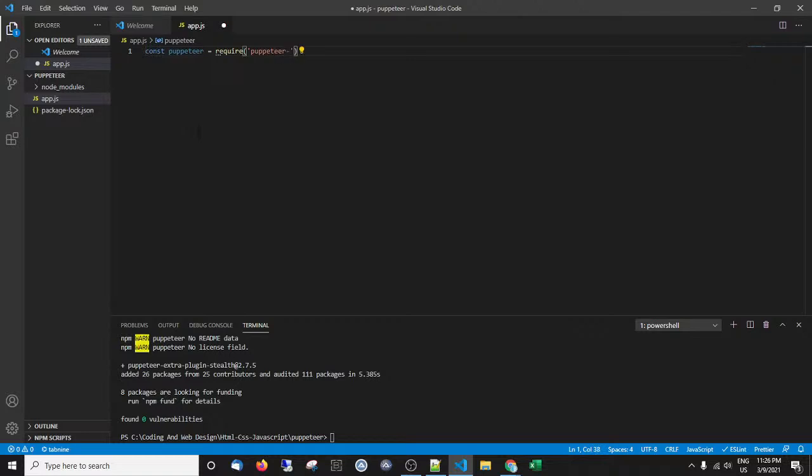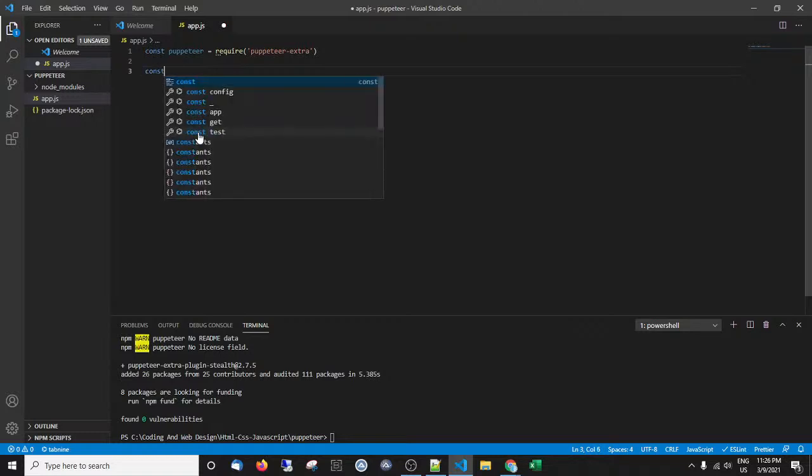So extra, isn't it? Extra, I hope. Okay. And then we've got the Puppeteer on, then we need to make sure that the stealth plugin is activated. So it's called, I need to look this up, I think. Or is it just called stealth plugin, I think,